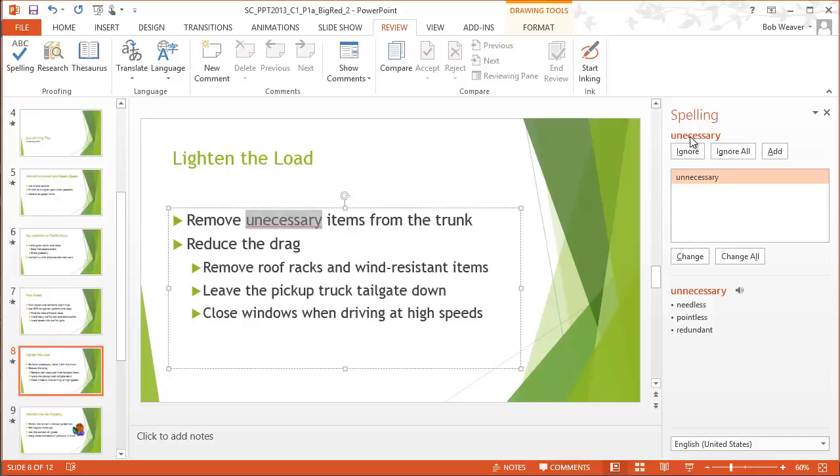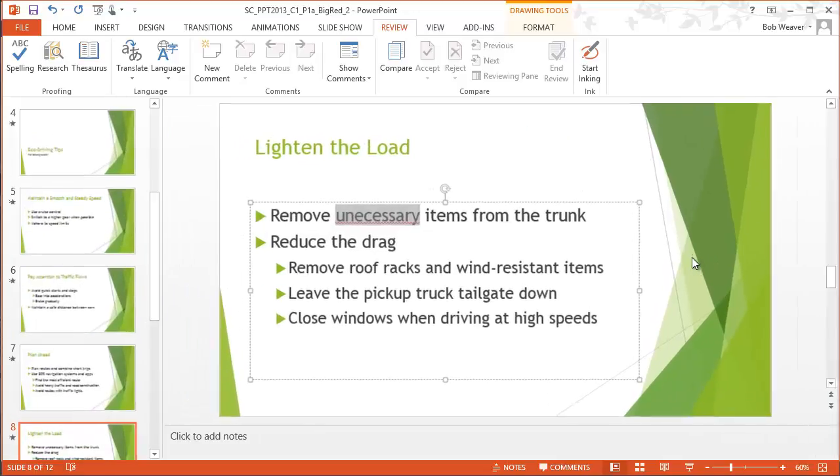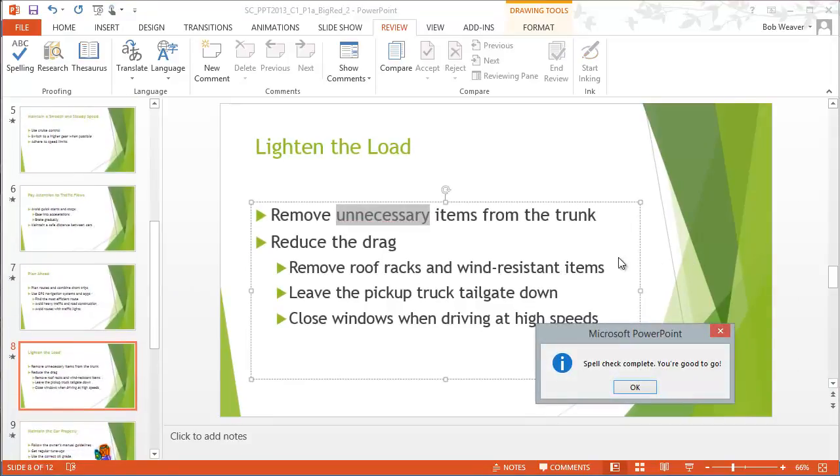It's not unnecessary, it's unnecessary or something else. But they're giving me the suggestion for this, which has two N's, unnecessary. That's what I want, and I want to change that. So I select the change, click it, and then it's going to go through there and change that for me